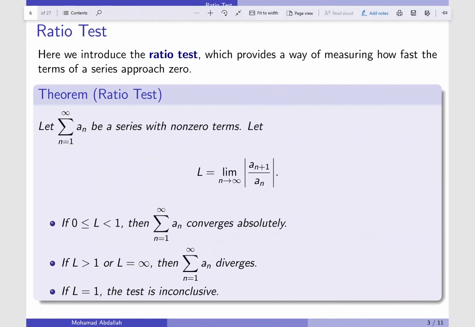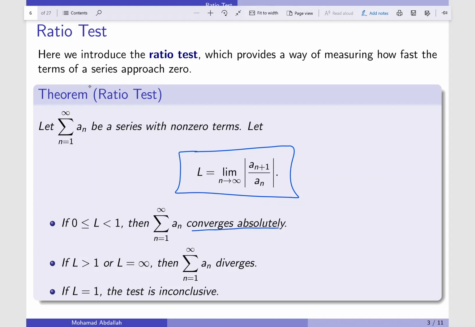So suppose that you have the series sum from n equal 1 to infinity of a_n. Then we will find this limit, L equals the limit of the absolute value of a_(n+1) over a_n when n goes to infinity. We have three possibilities. The first possibility is this. If the limit is between 0 and 1, including 0, excluding 1, then it converges absolutely,